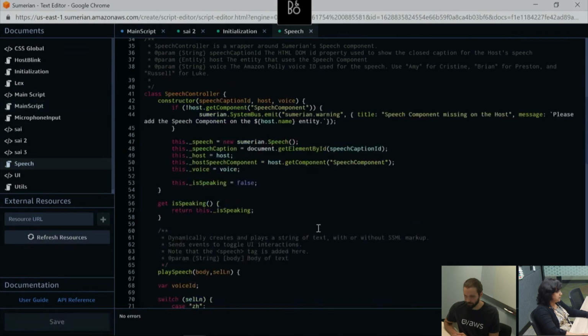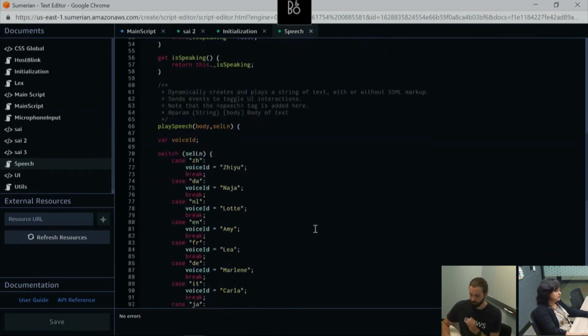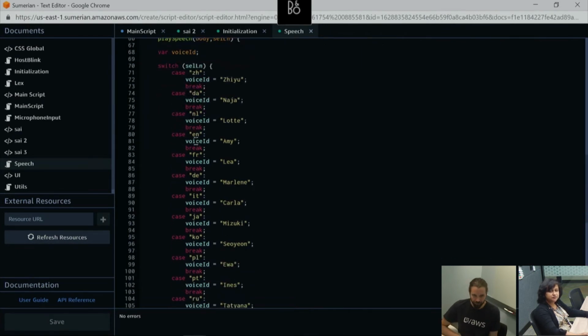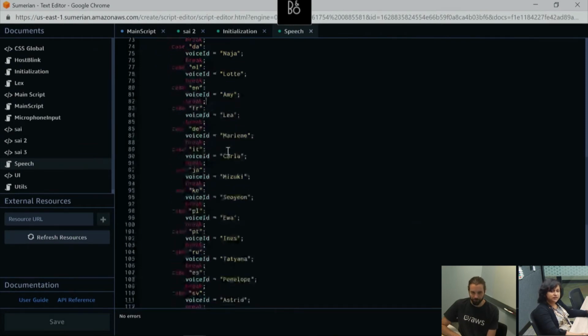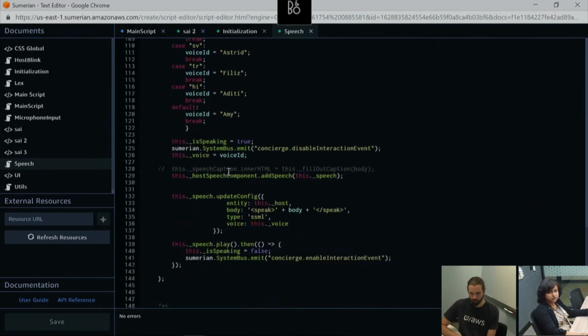So here we are calling the speech controller. It's a constructor for the speech component. So when you are selecting the drop down, the drop down has values, for example let's take English. The voice ID is Amy because it is speaking in that accent, right? So we have to give the voice ID also. That is what we are doing here. It's not just the text translation, we are setting the accent also.